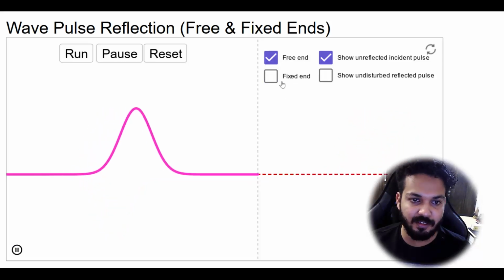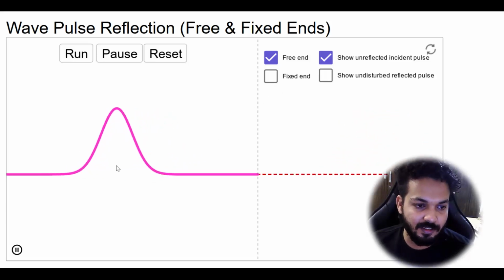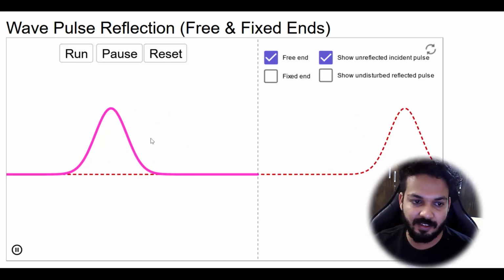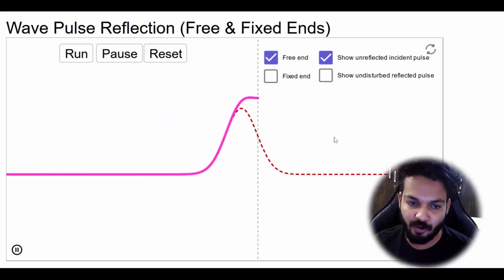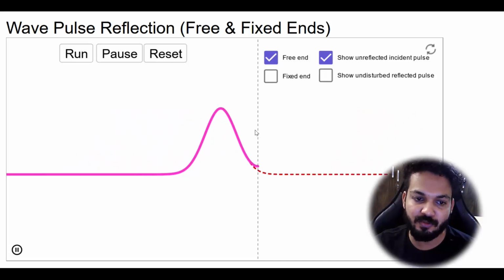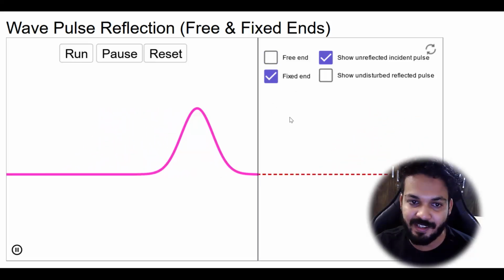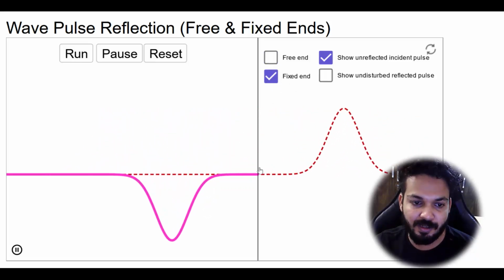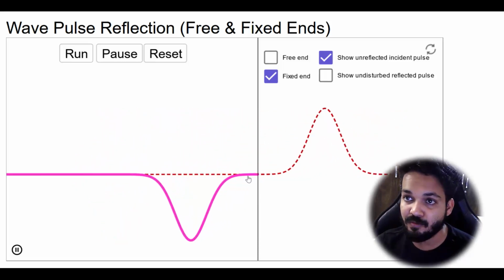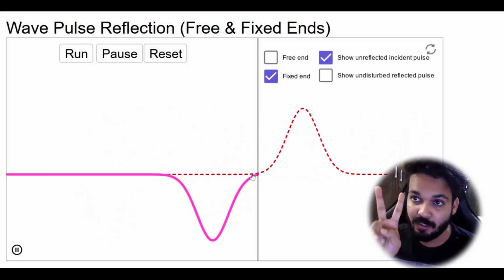So what is happening here, let's first start with a free end reflection refraction. So the wave that is going, we call it incident ray. The one that comes back is the reflected ray, and the dotted ray that is going forward is known as the transmitted ray. Okay. So in free end, what happens is when the reflected ray comes back, there is no phase difference. But the moment I change this to a fixed end, when it returns back, it also has a phase difference of 180 degrees. Now, there are two things that you have to